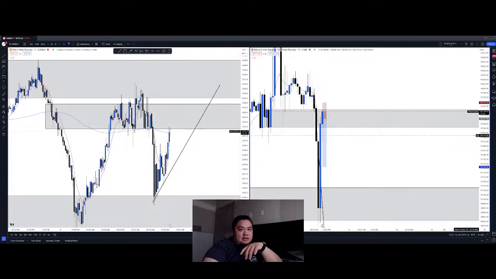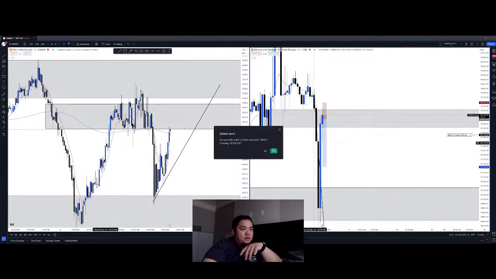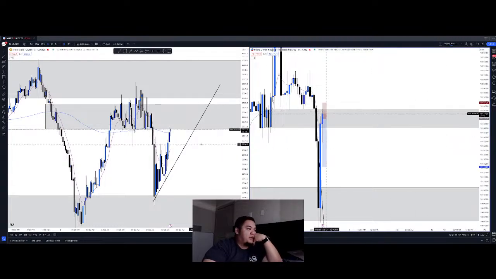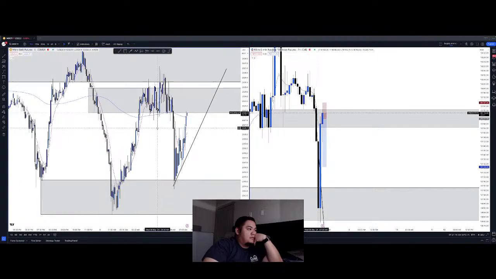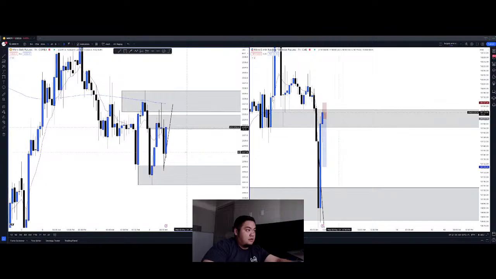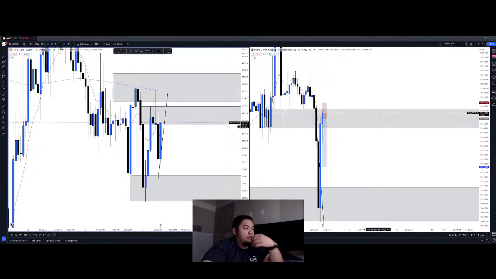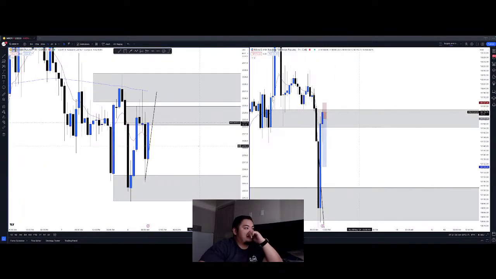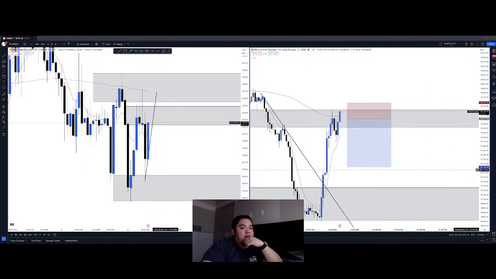The NAS and then the gold setup doesn't look half bad, but we created that lower high on the 1 hour. Let me take another look. Oh yeah, you're right. And this 1 hour candle is looking kind of big. Alright, I'm going to wait for this area. If it breaks past this area, I am out.